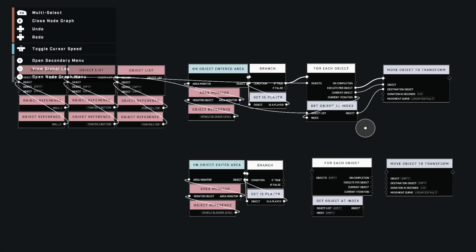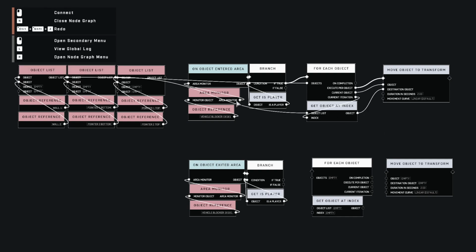We may want to switch this up because what it's doing is it's going through the loop one time and then it's taking 2 seconds to bring that wall down. Then it's going through the loop a second time. It's taking 2 seconds to bring the second wall down, which practically wouldn't really work. We want them to come down at the same time to have that initial effect. There are times though you would want it to be sequentially done,